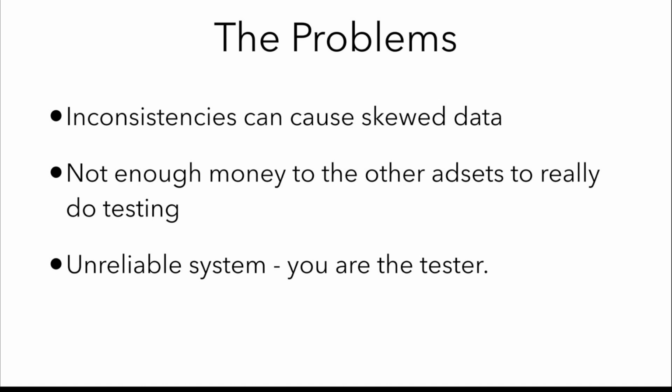So the problem it causes, again, is not enough money going to other ad sets to really do testing. So like I said, my cost per purchase was about $14. And so to spend $8 and not get a purchase was completely okay with me. I was expecting to make a purchase at around $14. And even so, I wouldn't call a budget off unless it spent at least 2 times my CPP, my cost per purchase. And so the last point that I really just want to nail down is that it's an unreliable system